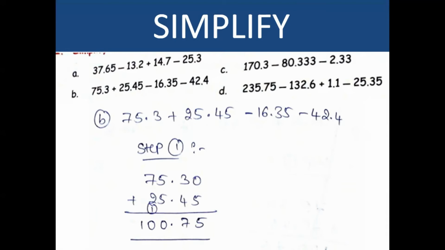So now change into like decimals, that is put 0, 75.30. Now we have to add. 0 plus 5, 5. 3 plus 4, 7. 5 plus 5, 10. 0 here, 1 carry. 7 plus 2, 2 plus 1, 10. Total